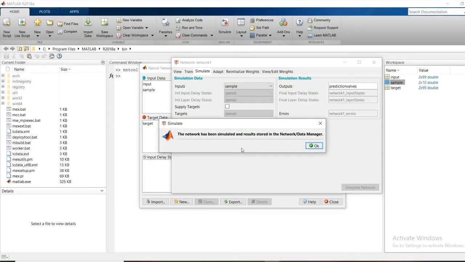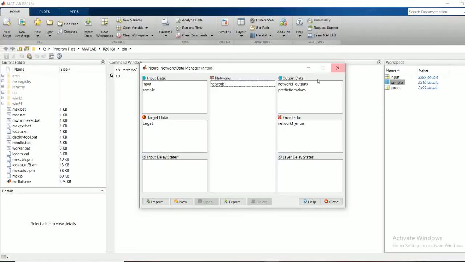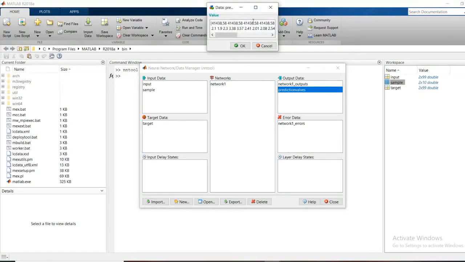The network has been simulated and results stored in the data manager. Give OK. And after doing this, go for the output data, prediction values. What you have saved is displayed in the output data. Double click on prediction values.